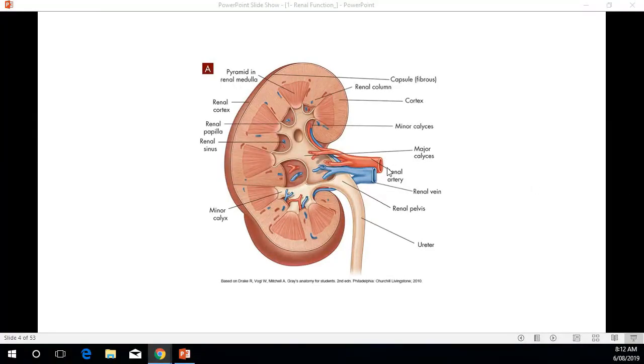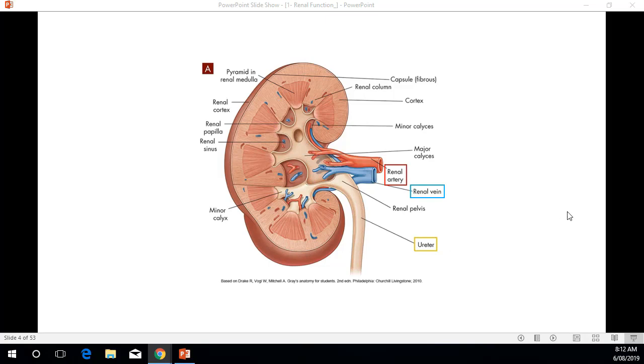The renal artery enters from the hilum of the kidney. Then it divides into smaller and smaller branches. All these branches will go within these renal pyramids, and then they will divide into smaller capillaries where filtration will take place, where the waste materials will be removed from the blood, and then they will start joining together and form the renal vein that will leave the kidney. Okay. So if you look at the renal artery, renal vein, and also this is the ureter, which will collect all the waste material and bring it down to the urinary bladder.